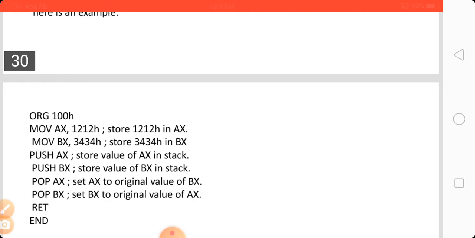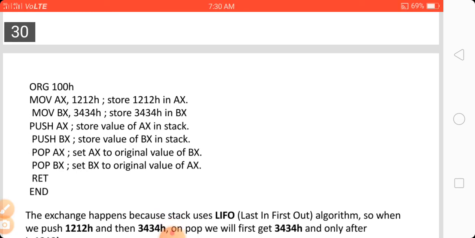Then push AX, it stores the value of AX in the stack, push BX, it stores the value of BX in the stack, pop AX, means we read that value and set AX to the original value of BX, then pop BX, sets BX to the original value of AX, then return